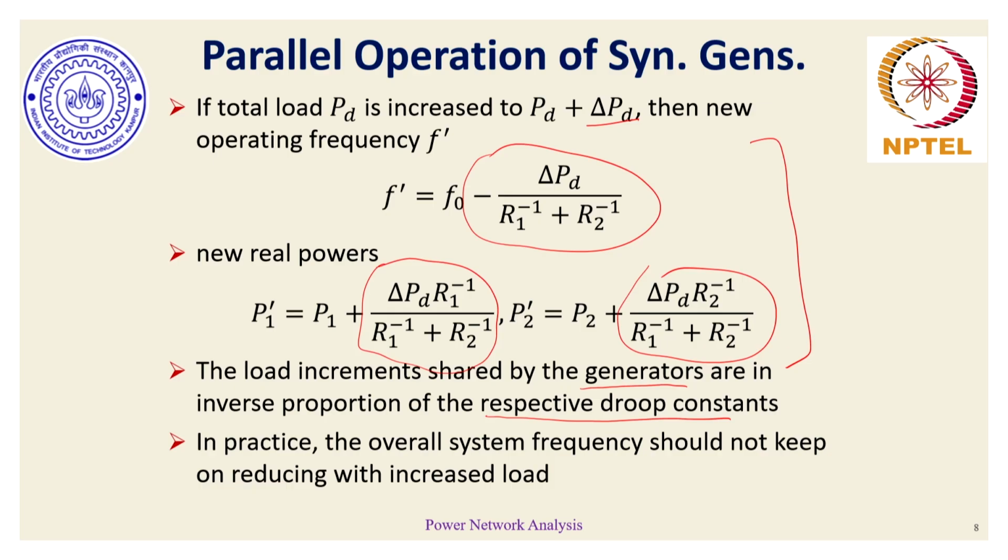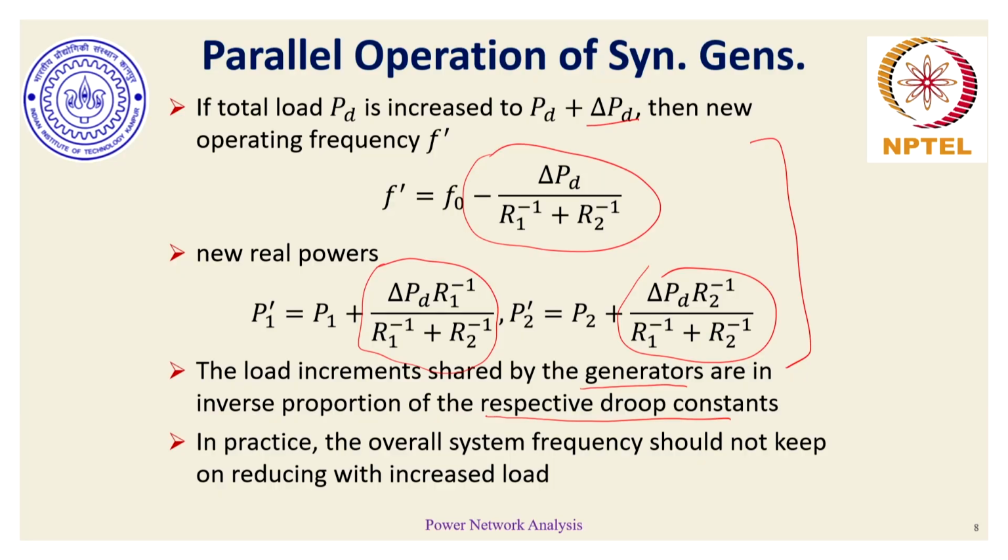If the demand for power is going up and frequency is going down, in a way it would mean that the frequency at the generator end or the load end is significantly poor, and hence the load itself might not be able to operate properly. So with increase in load, the overall system frequency going down is not a desirable quantity. So what is there in addition to these droop governors or speed governors which brings back this frequency to the actual desired system frequency? The answer lies in the discussion of real power control, which we discussed in the previous few lectures,